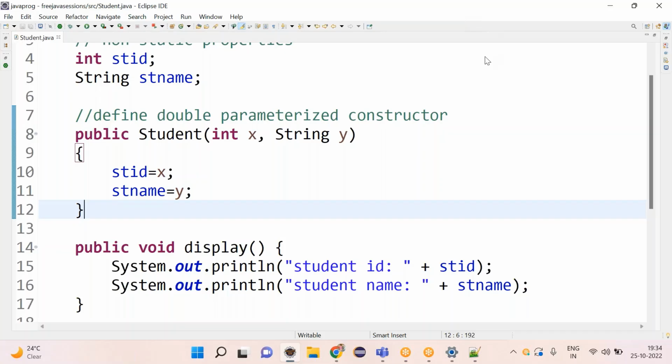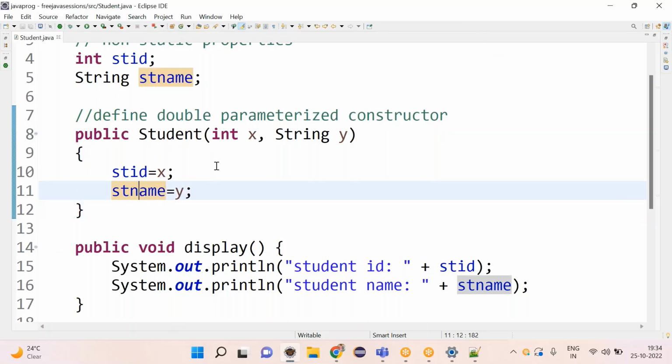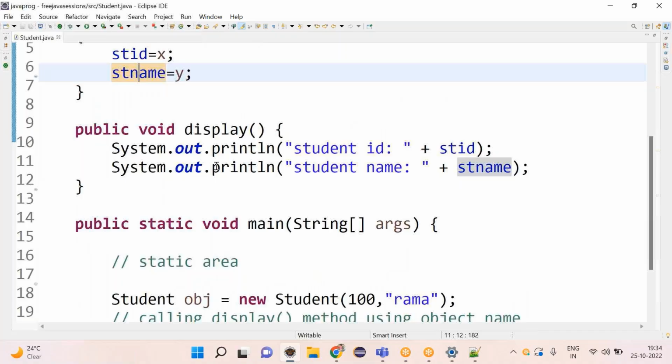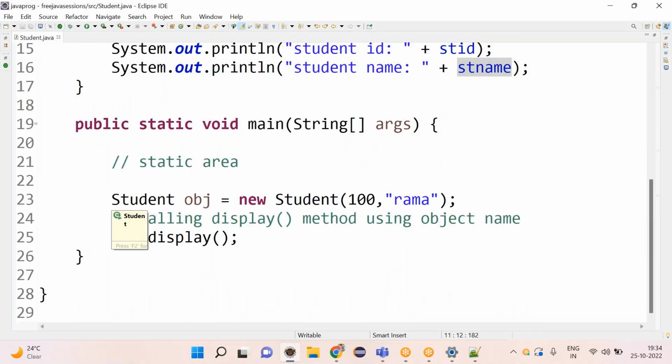Right. So one more point I wanted to add here. If you really wanted to create the object through the parameterizer constructor, you can pass different values, and those many number of times it is giving you the values. For example,